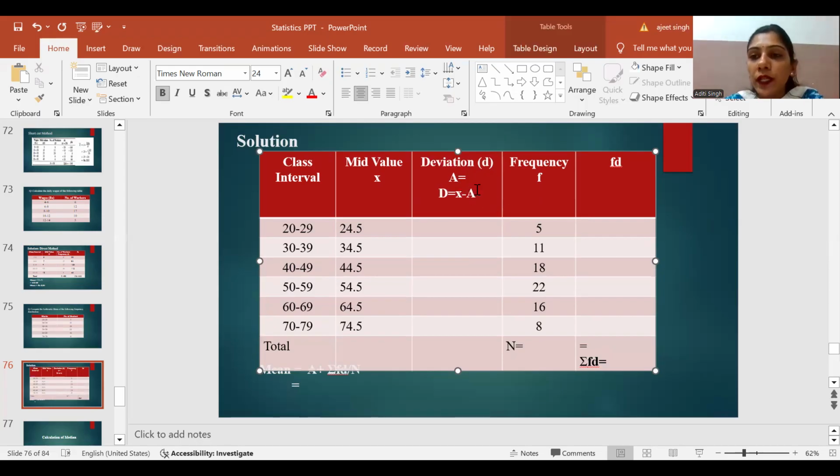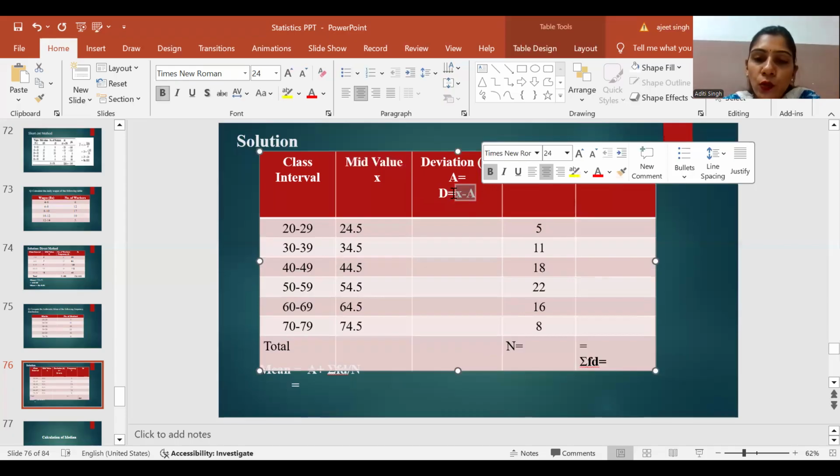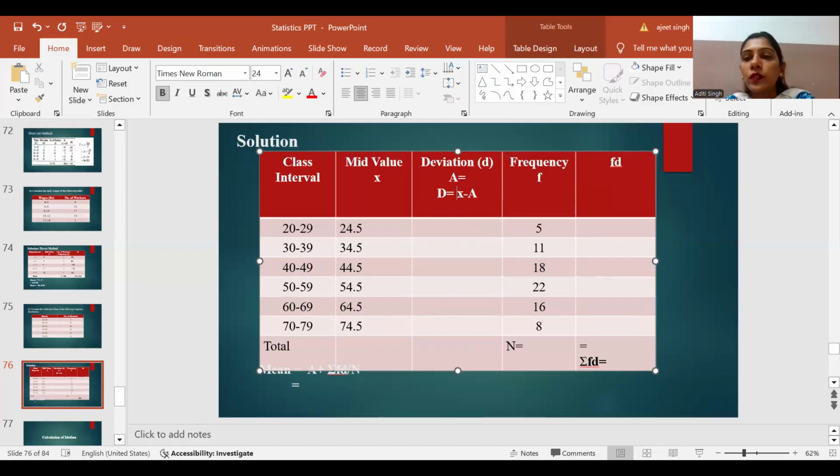Here x is the mid value and a is our assumed mean. As I told you earlier, we have to take the assumed mean from the mid values, meaning from the values of x, and you can take the assumed mean